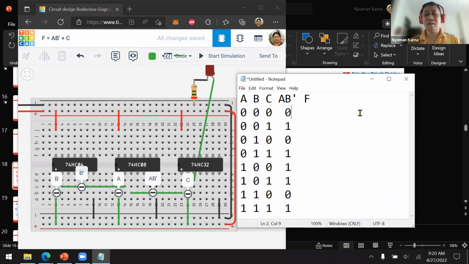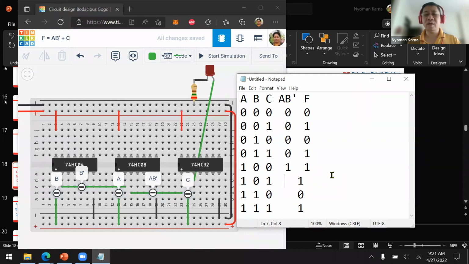The value of A times B naught: 0 times 1 is 0. 0 times 1 is still 0. 0 times 0 is 0. 0 times 0 is 0. 1 times 1, because A is 1, B is 0, so B naught is 1. 1 times 1 is 1.